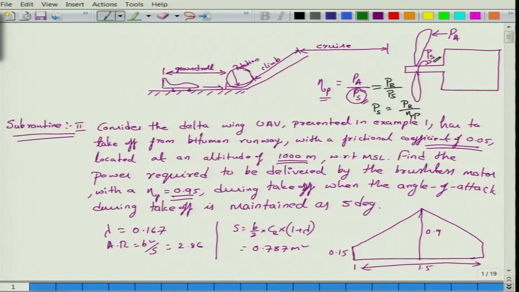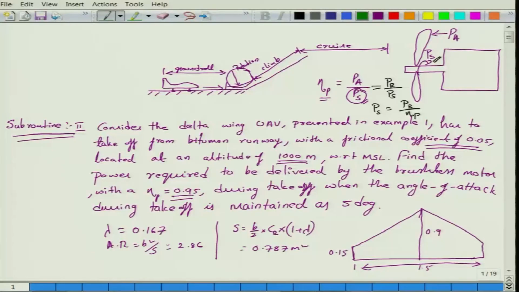Now, we know the power requirement during takeoff, and earlier we also solved for the power requirement during cruise. Now, we will solve for the power requirement during climb, so that we understand the typical power requirement for this aircraft to perform a particular mission. Apart from cruise, if you want to loiter for some time, flying at a particular velocity for a given endurance, what will be the corresponding power required? We will see as we progress.